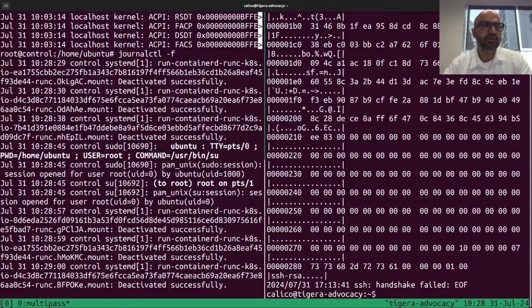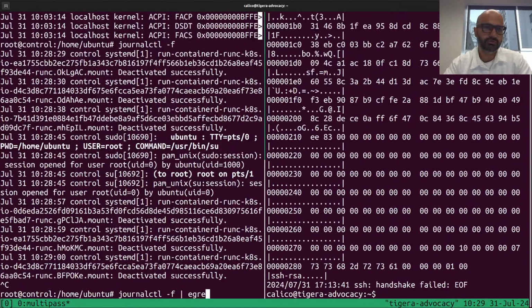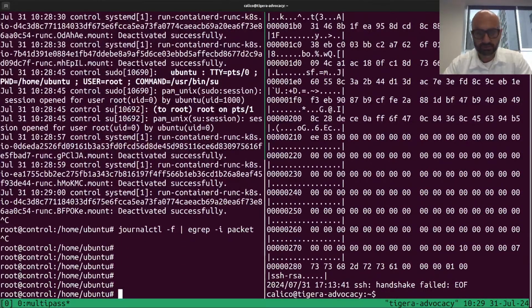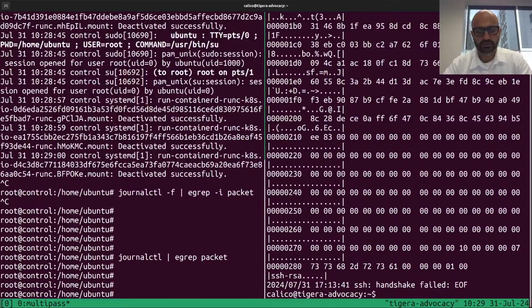I believe it's F, and we should look for a packet. All right. So a log policy would send traffic to your syslog. Now, why is that important? So in cases that